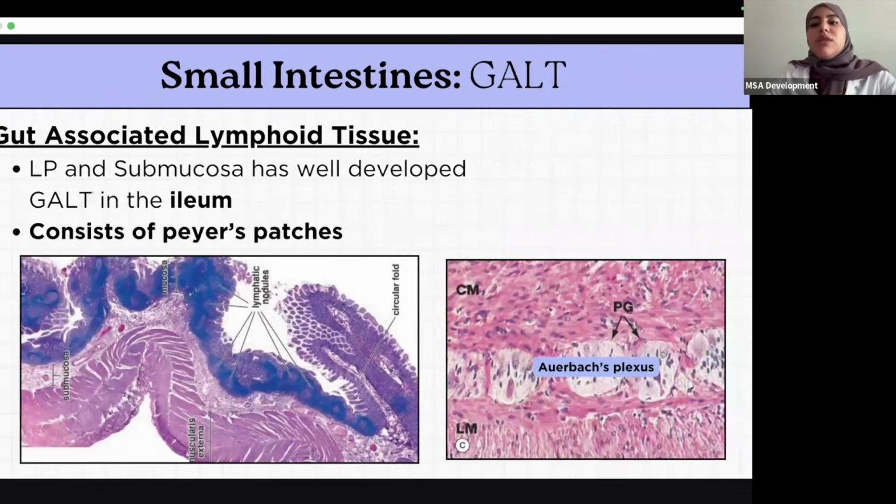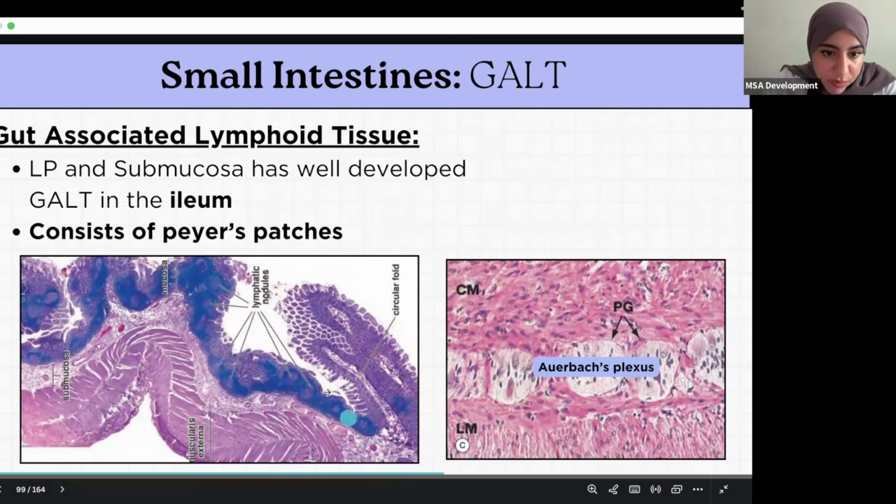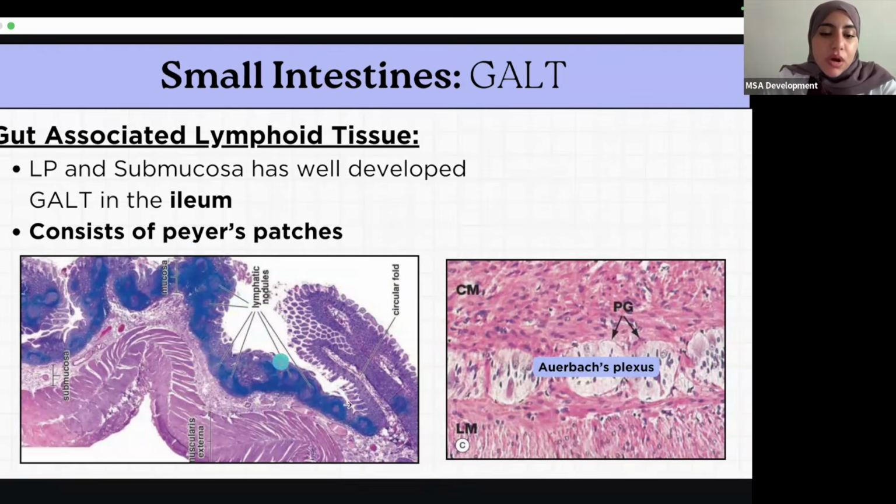Okay, now there's GALT. And what is GALT? It's gut-associated lymphoid tissue. And GALT consists of Peyer's patches. Remember what I talked about? What lies on top of Peyer's patches? Microfold cells, yes, M cells. And these are Peyer's patches or the GALT, gut-associated lymphoid tissue. And all you need to remember is that